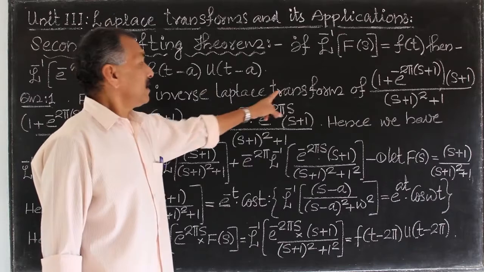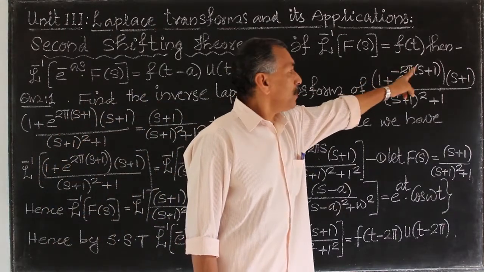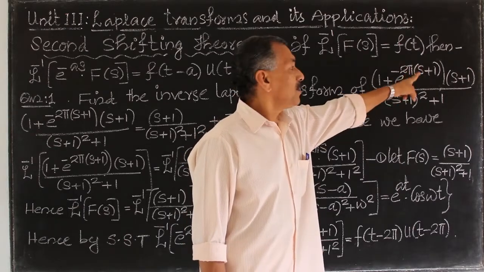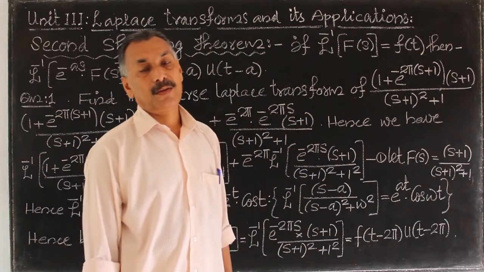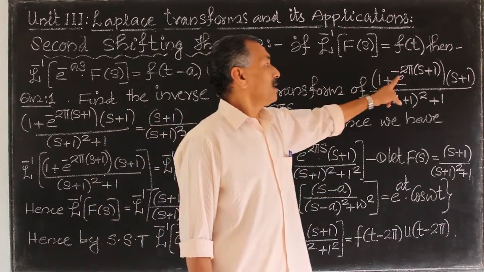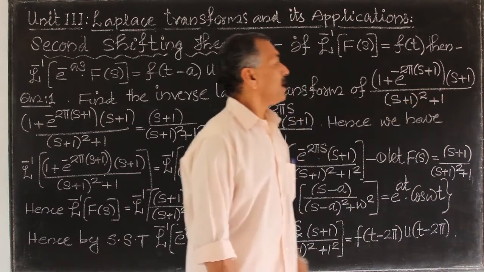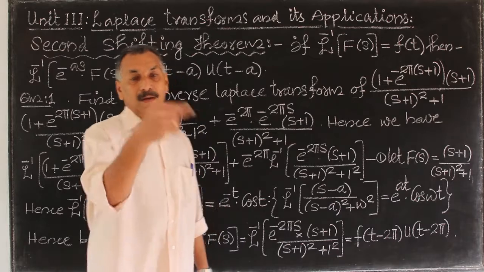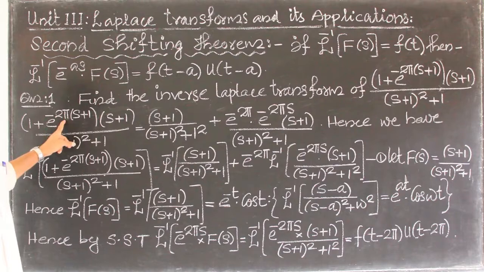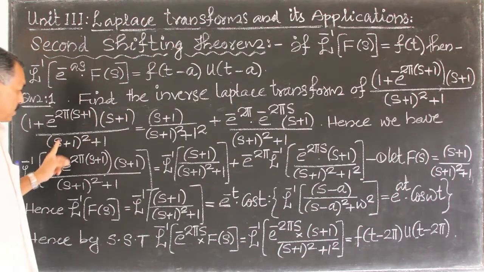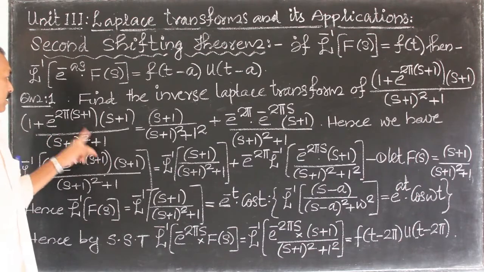Find the inverse Laplace transform of (1 plus e raised to minus 2 pi into (s plus 1)) into (s plus 1) divided by ((s plus 1) all square plus 1). That is the given function. The given function is equal to (1 plus e raised to minus 2 pi into (s plus 1)) into (s plus 1) divided by ((s plus 1) square plus 1), is equal to 1 divided by